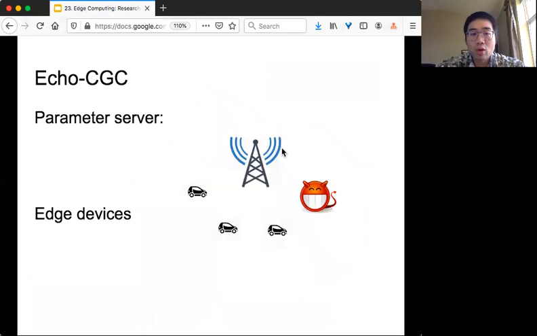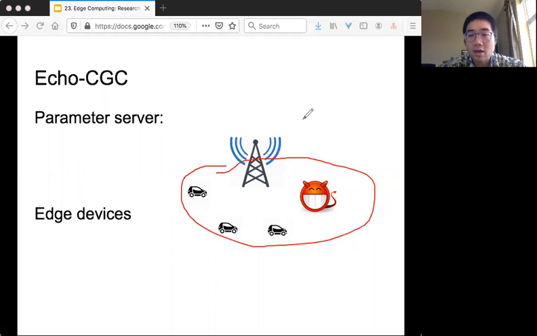The next one is called Echo CGC. Here we don't look at the whole architecture, we just look at it locally. We have the edge server, we have edge devices, and jointly they want to learn something. The communication between the cars and the edge server is a broadcast channel because it's a wireless medium.